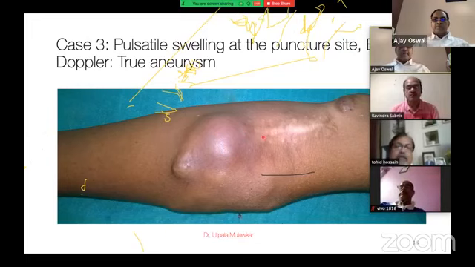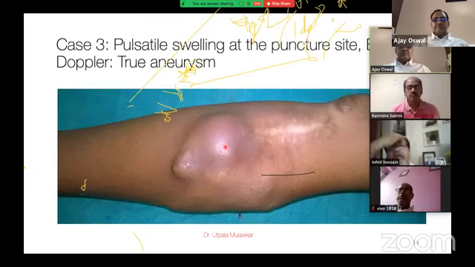There is no skin ulceration, and whether there is an area for cannulation, we can proceed with this. But proceed with what? This is a true aneurysm. What should you do now? If the fistula is persistent, and there is no inadequate blood supply to the distal arm, then we can observe it, as there is no skin thinning and skin ulceration over the aneurysm.